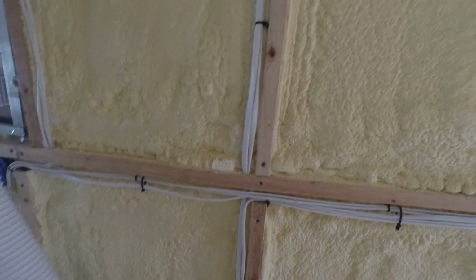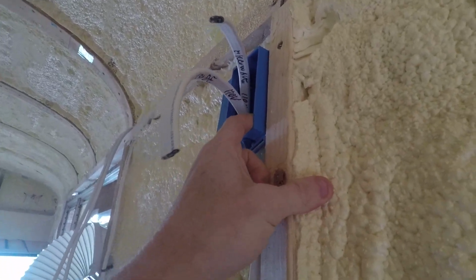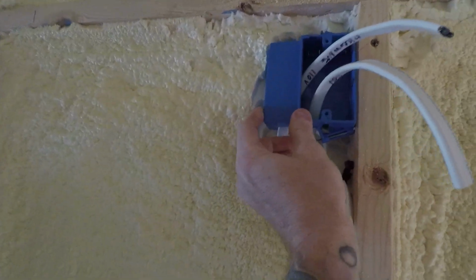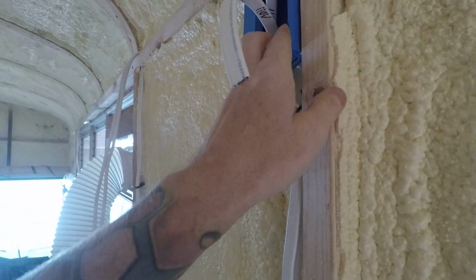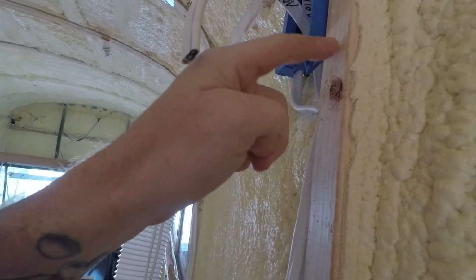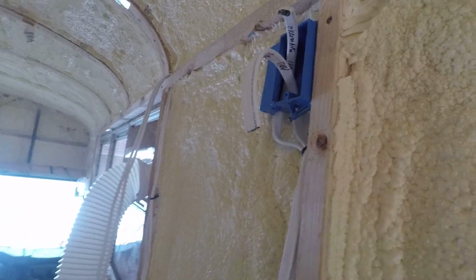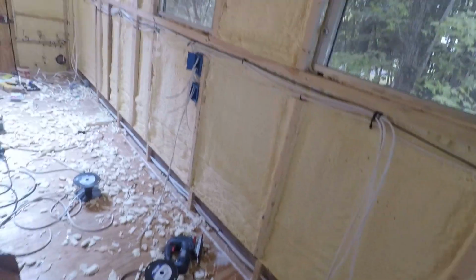And I use two types of electrical boxes. These are shallow boxes. They're 1.5 inches deep, but they have this expansion on the side to have enough room for all the wires. And I'm putting that one 1/2 inch off the framing because I'm going to have shiplap there that's 1/2 inch wide. And the other type is